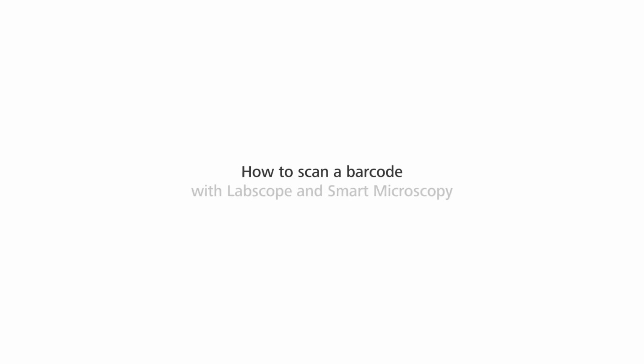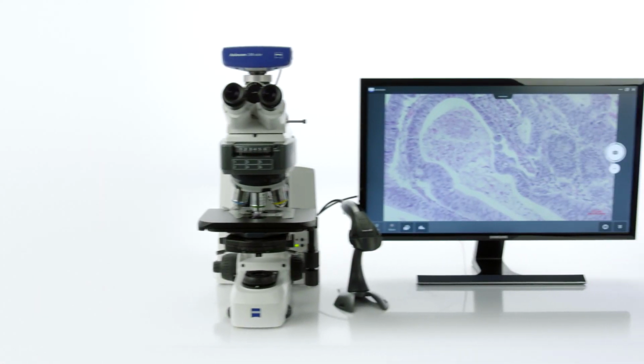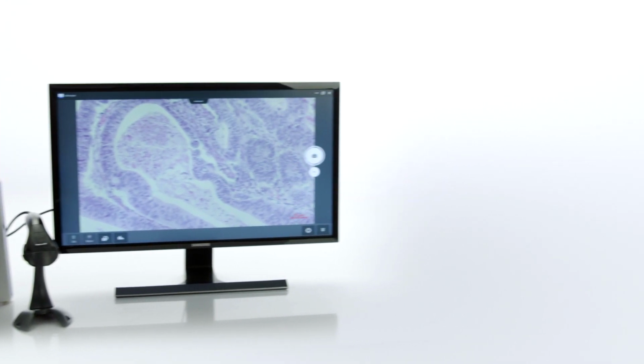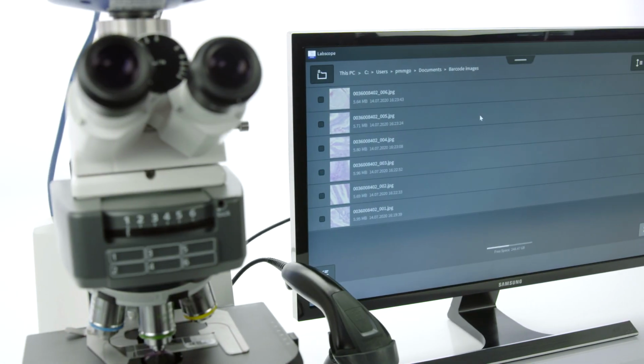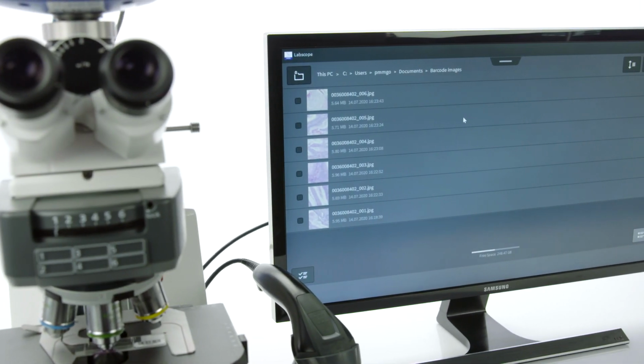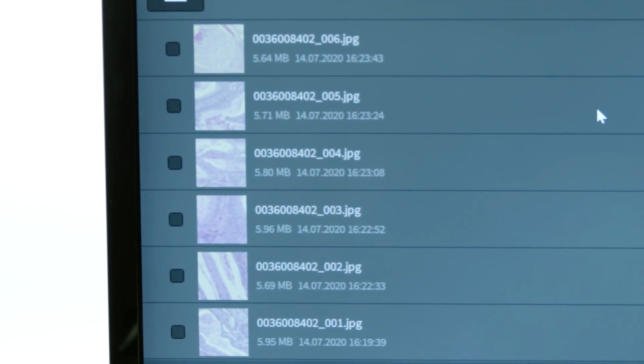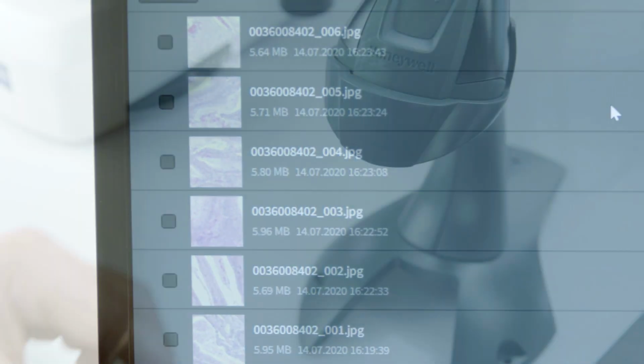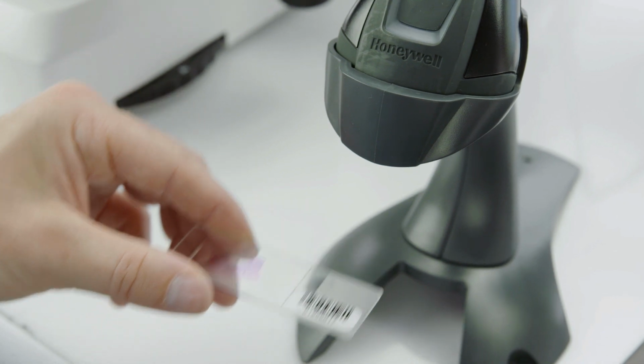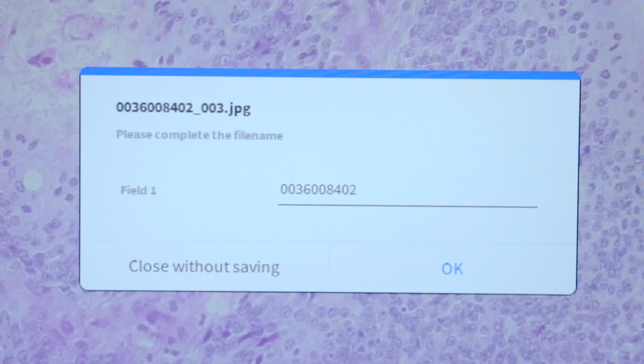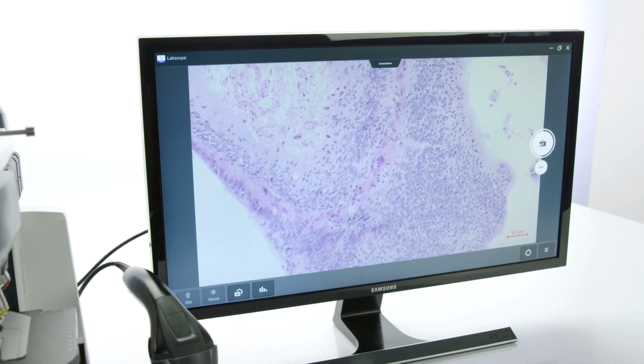How to scan a barcode with Labscope and smart microscopy. Faced with a high volume of samples, or with sensitive data, or with both, uncomplicated, precise data management is key. You need to work quickly and with total data accuracy. That's where barcode labeling comes into its own, helping you work through even large sample quantities with great ease and